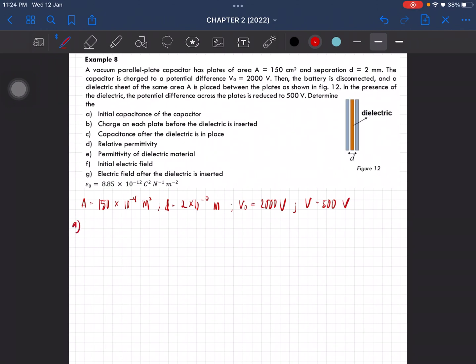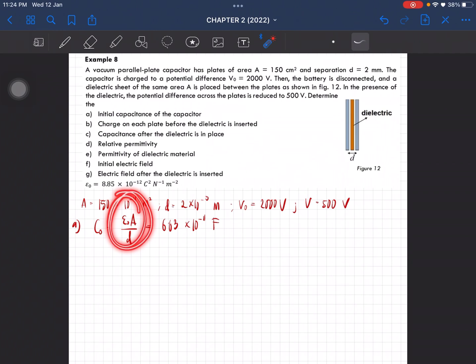Okay, so the initial capacitance of the capacitor is given by epsilon naught A over D. So this will be equal to 6.63 times 10 negative 11 farad. Okay, so this equation is given in our notes, so just make sure you know which equation to use based on the situation. Question B, the charge on each plate, you can just directly use this formula